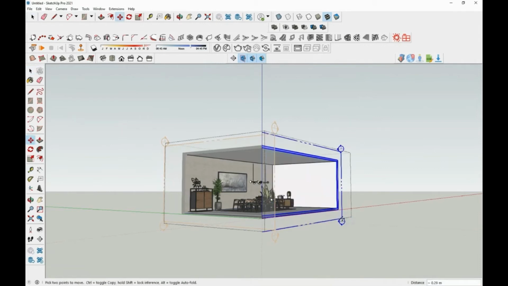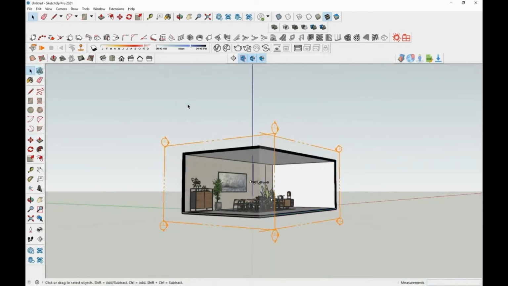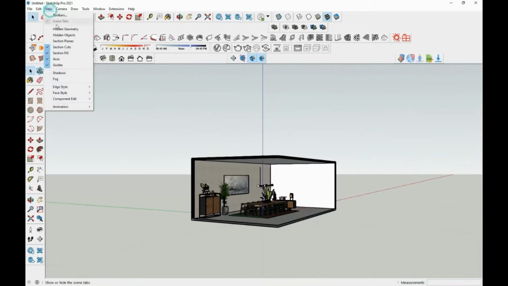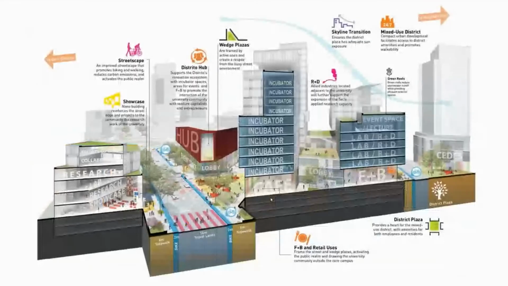See here, now you can notice the change. Both the sections are active at the same time. So in this way, you can create more than two sections, and you can create multiple sections in different angles and different positions. And you can make use of this multiple section tip to establish different spatial relationships between different spaces. So here in this diagram, you can see a single diagram can convey more by making use of this multiple section.